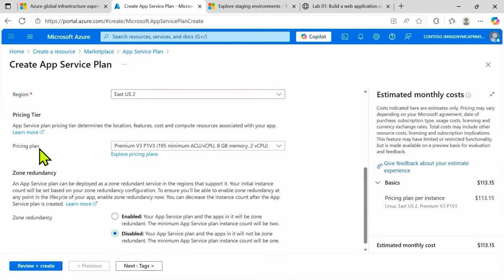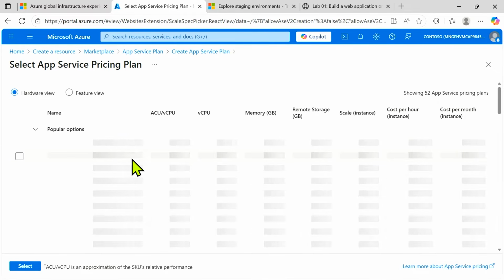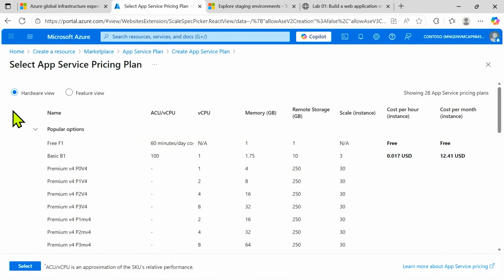And this is where you want to pick the pricing plan. So now you're going to allocate the amount of resources for the plan itself. So I'm going to go into explore the plans, and I want to show you some of the features that we've been talking about. In the upper left-hand corner of the graphical interface, we're going to take a look at